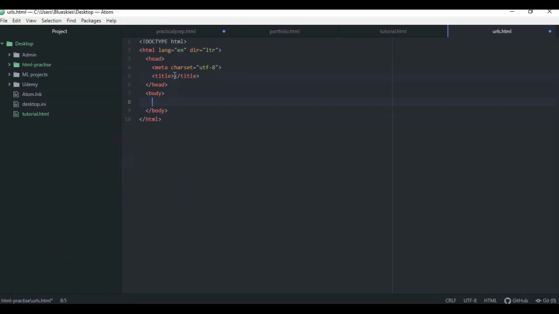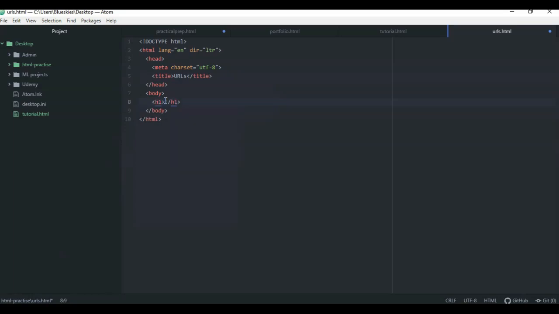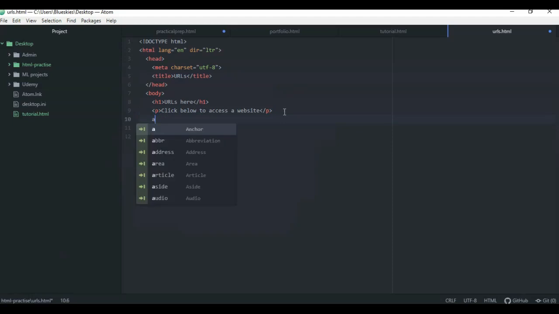So first of all, just for fun, I'm going to put a title in the head content so that we've got the title of the tab, and then in the body here I'm just going to put a h1, a header. So this is the title and the actual content, saying URLs here, and right now we're going to put in a paragraph just saying click below to access a website. Excellent. So now we are going to create the tag which is for creating links, which is A, and this